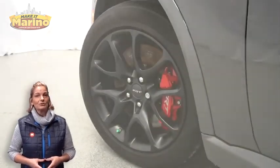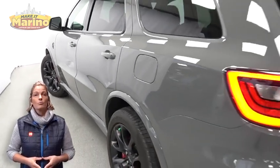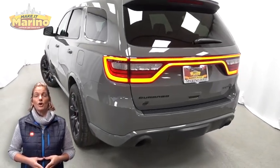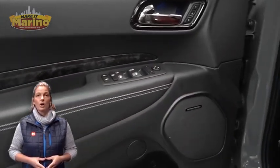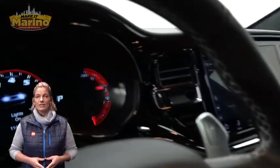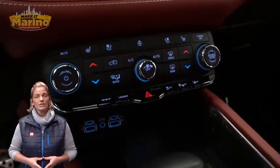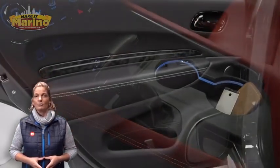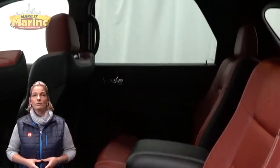With adaptive cruise control, performance hood, 20-inch aluminum wheels, BREMBO 6-piston front brakes, tow package, heated and ventilated front seats, steering wheel mounted paddle shifters, 11,000 miles on the odometer, 10-inch touchscreen, navigation, rear backup camera, SRT performance pages, Apple CarPlay and Google Android Auto, heated rear seats, power sunroof, power liftgate, 6.2-liter supercharged V8 HEMI engine, and so much